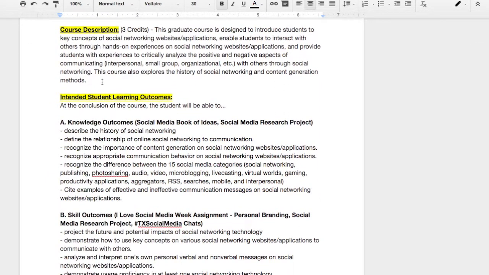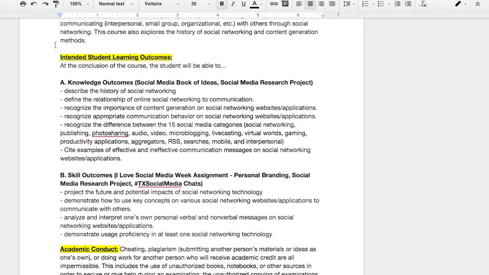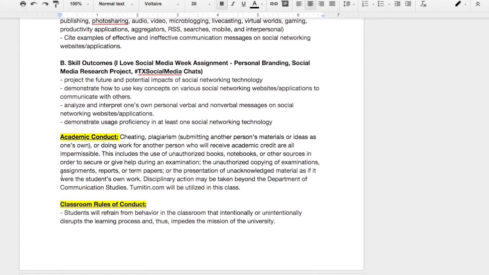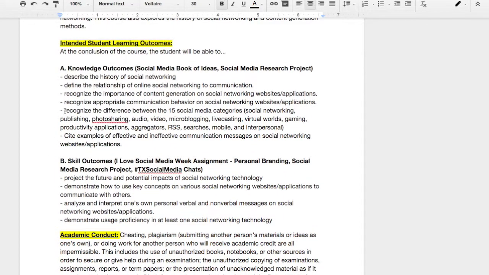Okay, so moving on, we have the course description. We also have the intended student learning outcomes, and these are things that you will be able to know and do upon completion of this course. Then we have the academic conduct, and let me go back up here, but with the learning outcomes for the course, these are tied with each week, and so each week that we focus on the learning outcomes,